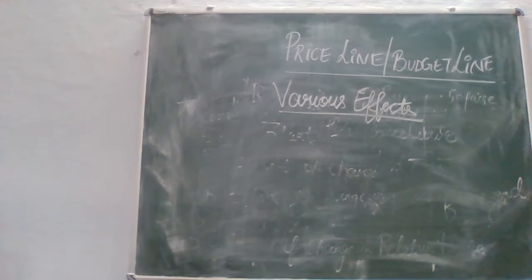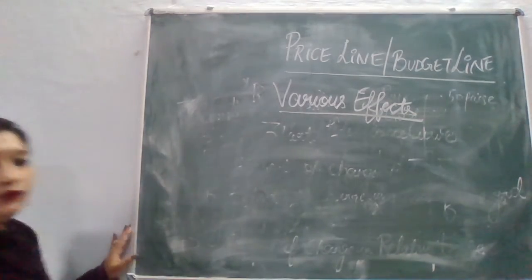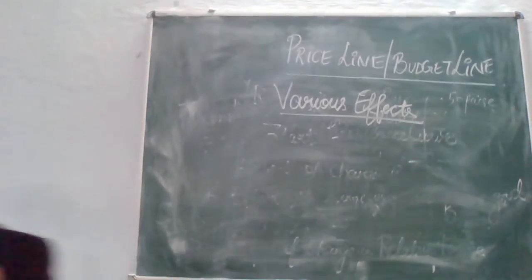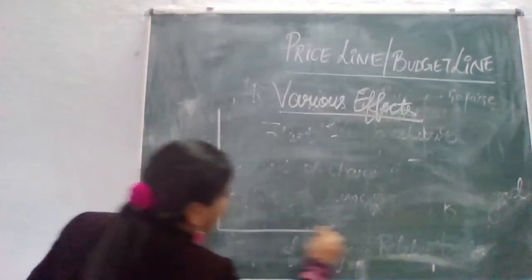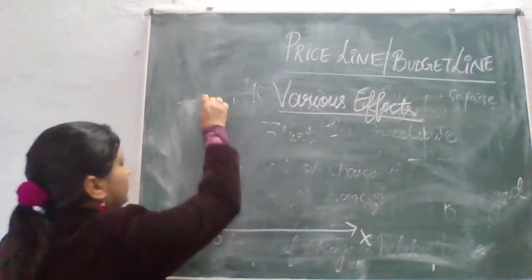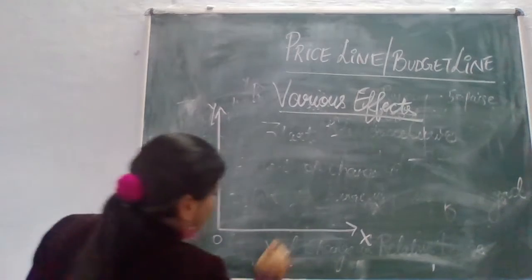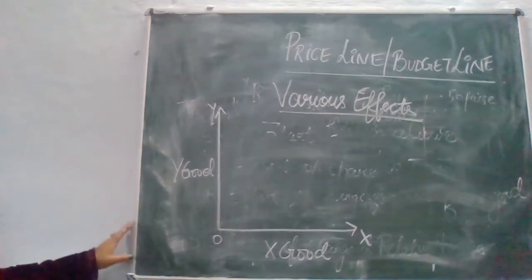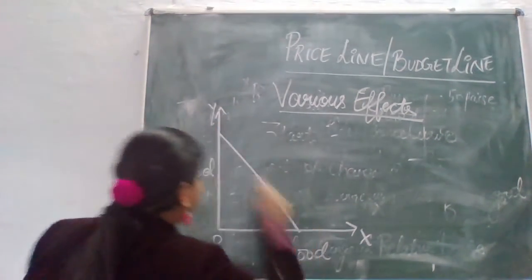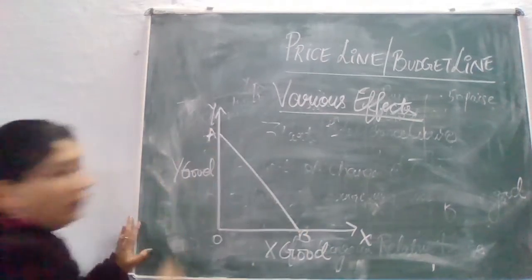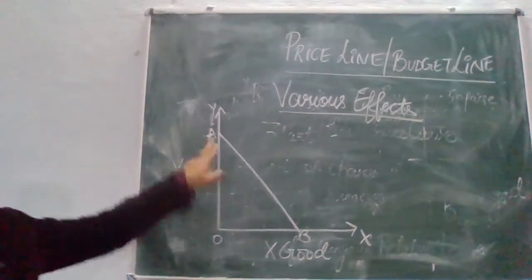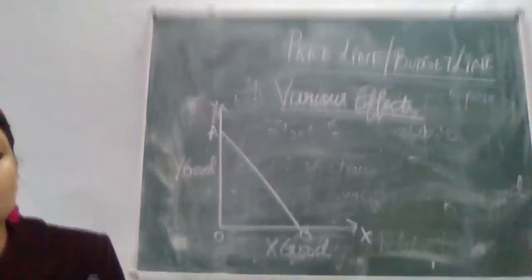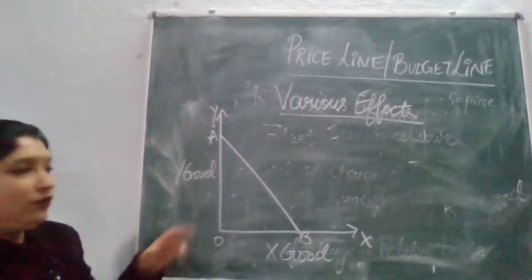Now what is the effect of change in income? So if the income of the consumer increases or changes, the effect on price line can be shown in the diagram. You look at the diagram. X and Y. Here we are having X good, and here we are having Y. We have drawn the initial price line like this, A and B. If the initial price line is AB and if the income of the consumer increases, then it means the purchasing power of the consumer is also increasing. So then the price line shifts from AB to